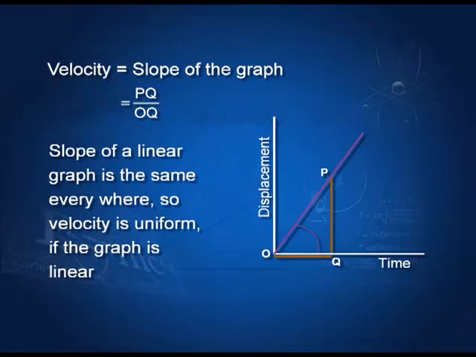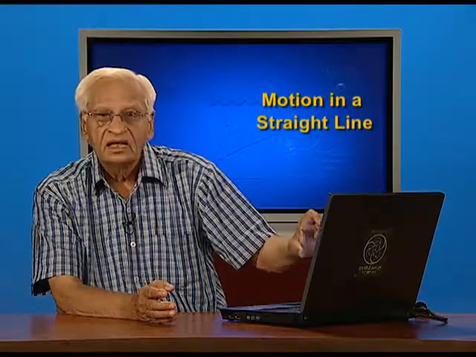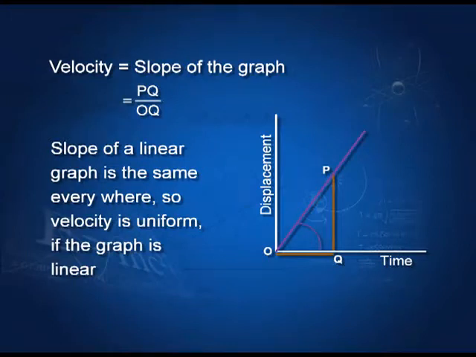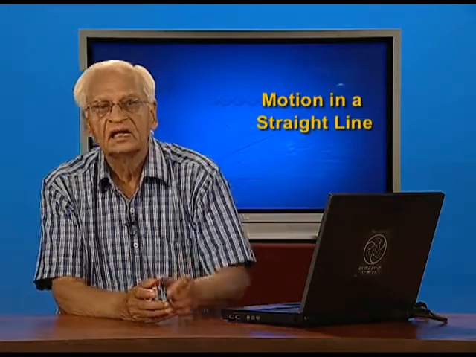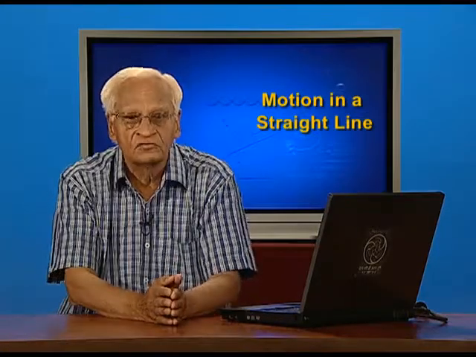That means, the slope is the same everywhere. You can see how we measure the slope. We measure the slope by taking at a certain time the displacement and dividing by the time taken. That is how we find the slope, and if the graph is linear, the slope is constant and therefore, the